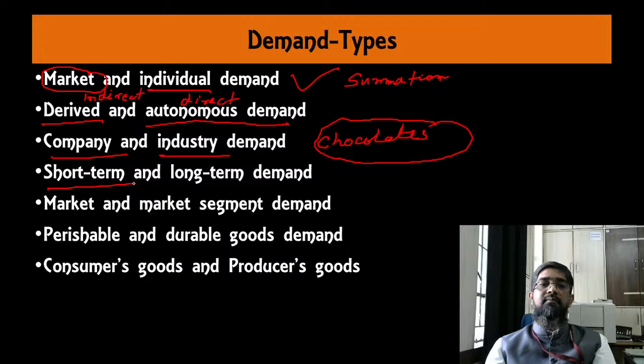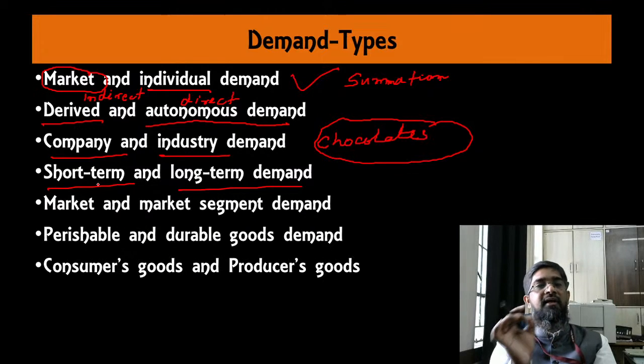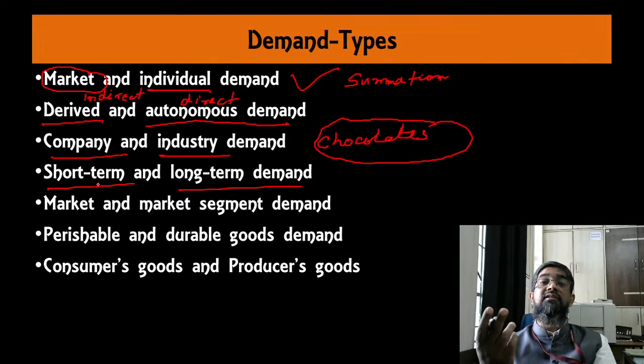Now short term demand and long term demand. Okay, short term demand is for the short period. Usually in economics short period is 1 year period, but depending on type of commodity, किस तरह का प्रोडक्ट है, नेचर क्या है प्रोडक्ट का, उसके हिसाब से short run and long run होता है. Suppose vegetables, for vegetables you see even 2 days time, 3 days time will be long period. 3 days में वो ख़राब होने वाला है ना. तो ऐसे प्रोडक्ट में short period जो है वो घट जाता है बहुत ज़्यादा.